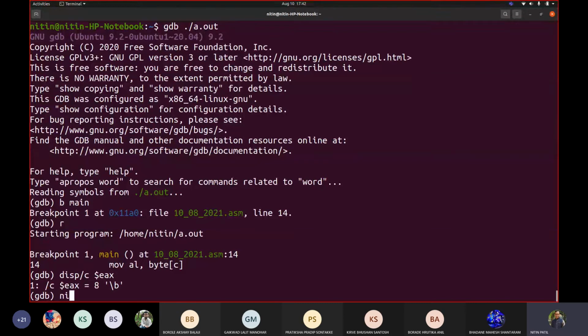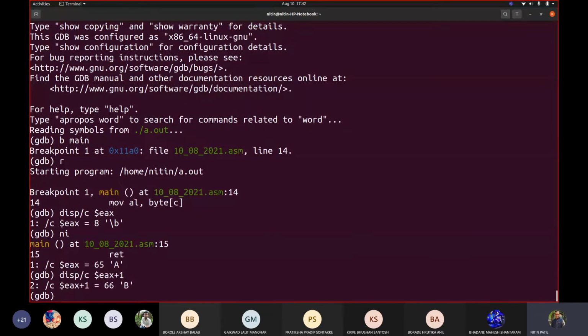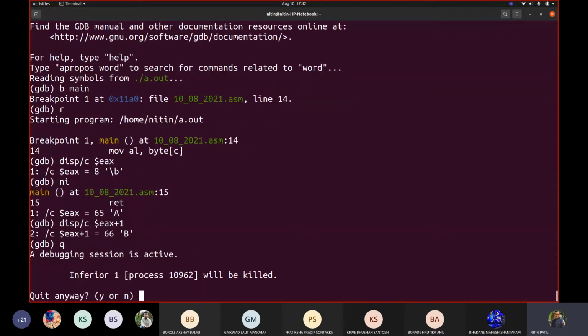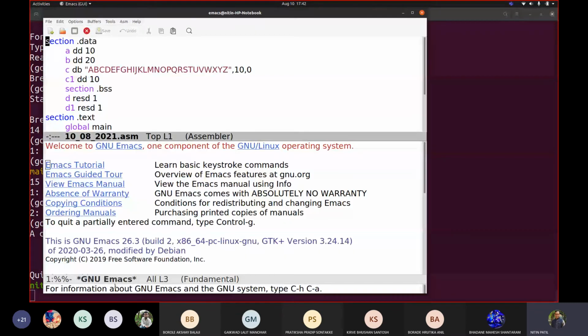So when I say next instruction, now you can see that it is taking me first. Now if I write here +1, it is not adding that to 65. So to cover this, let me quit this and I will make the change in the code, otherwise you may say it is adding 1 to a value, so that's why it is showing that way.